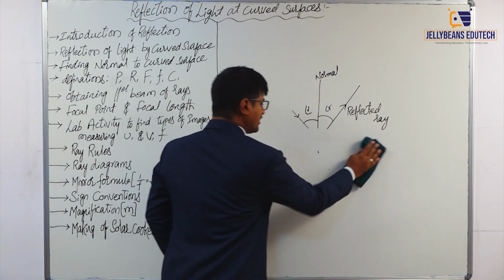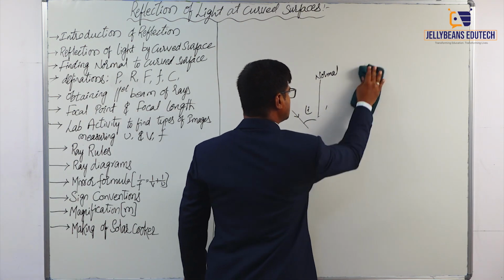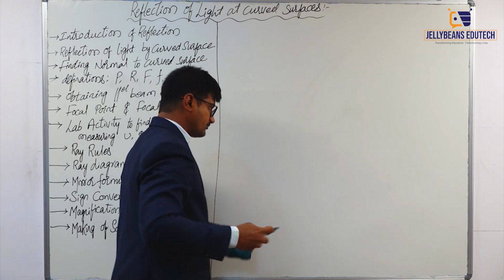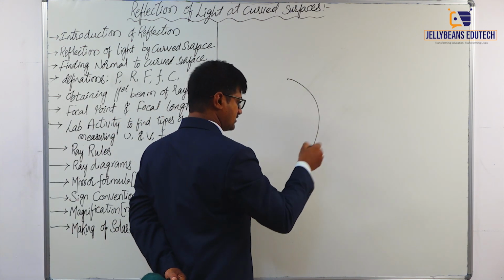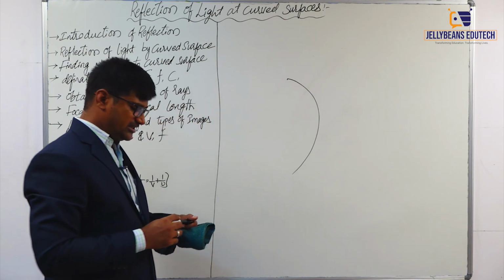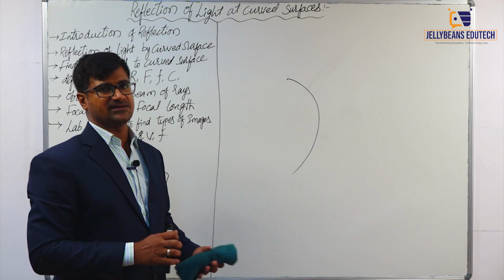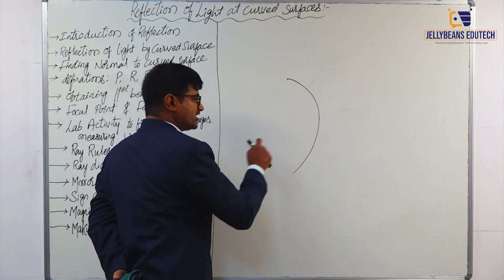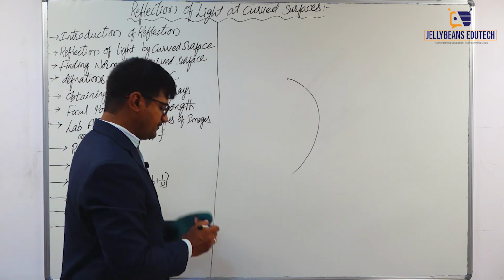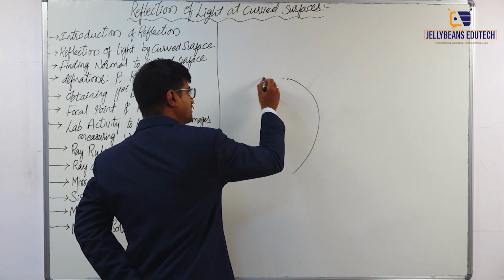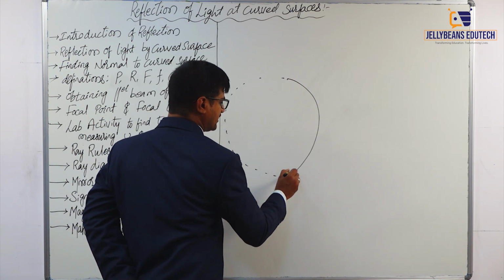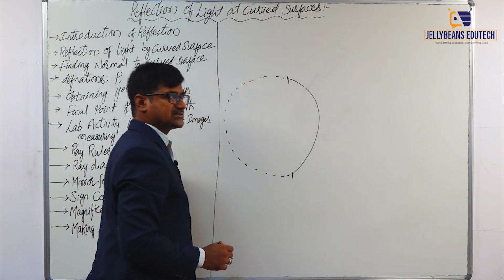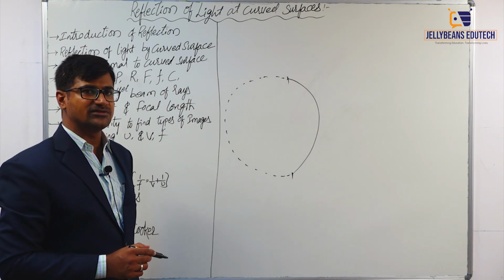First of all, we have to see what curved surfaces are and how many types there are. A curved surface is nothing but a piece cut from a spherical surface. Here we are considering a slice from the curved surface. If we complete this diagram, it makes a sphere or spherical surface. From that we cut a small piece or slice, and we call it a curved surface.